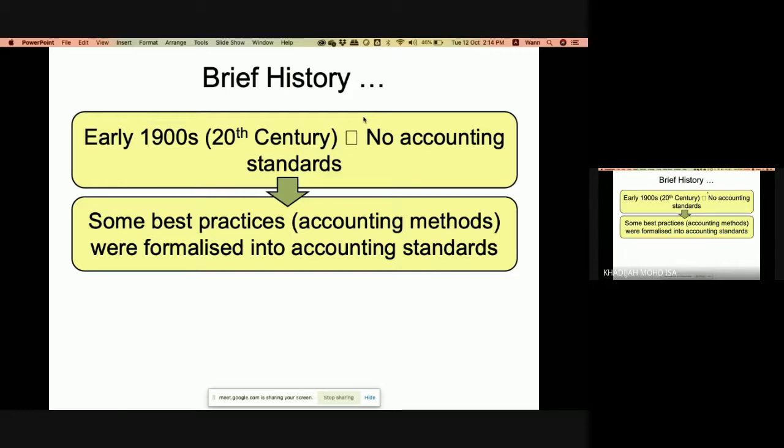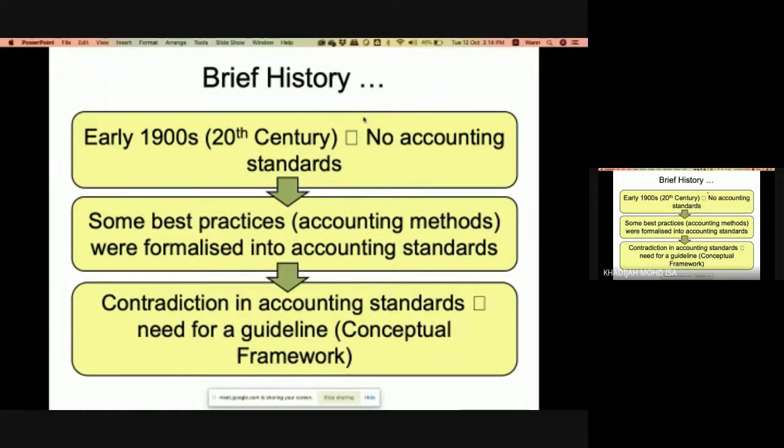So how do they decide on the best standard? It comes from best practices. What is the best way of doing things? We're talking about accounting methods here, and they formalize it into accounting standards. Then there's a contradiction. For example, in one country you have the standards already, and all the practitioners in that country use them, and then you have other standards from another country. Because they are standards, but not uniform,